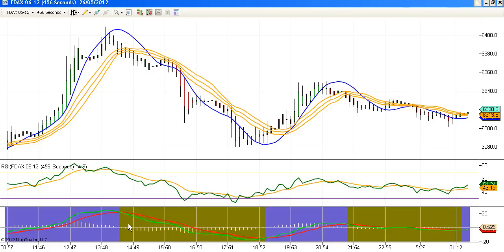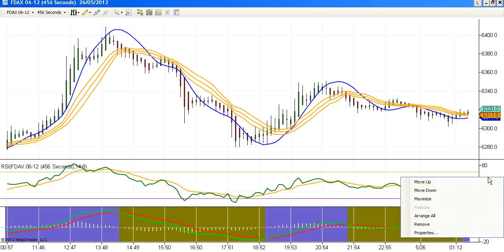I changed the coding of the indicator in such a manner that when the histogram crosses 0, the background color should change accordingly. That's all. I didn't do anything much.